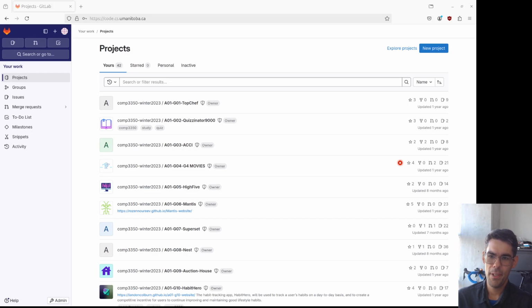Version control is a way for us to keep track of changes to files over time. We're going to be using version control in this course to keep track of the work that we're doing throughout the term. More likely in your future, if you're in computer science, you're going to be using version control to